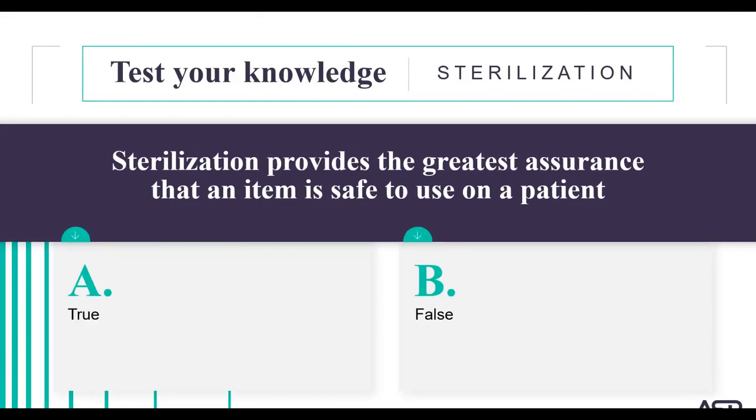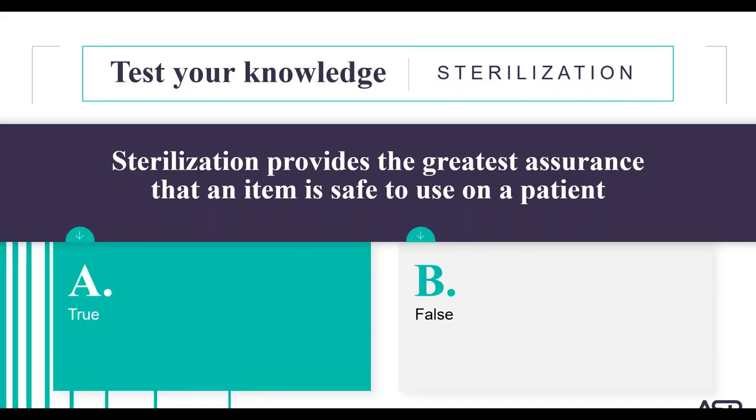So let's go ahead and test your knowledge. Sterilization provides the greatest assurance that an item is safe to use on a patient? And the answer is true. It does provide the greatest assurance that an item is safe to use on a patient, and that's because